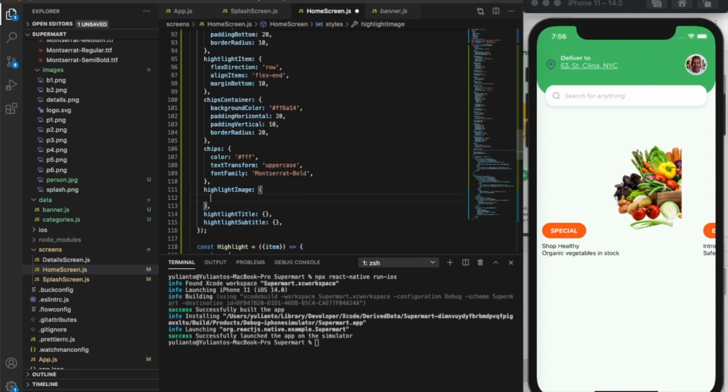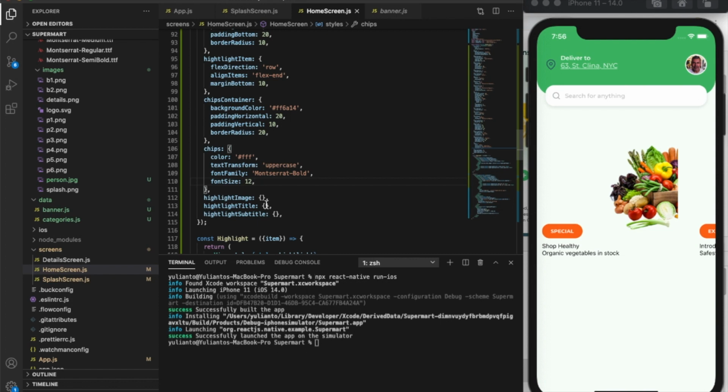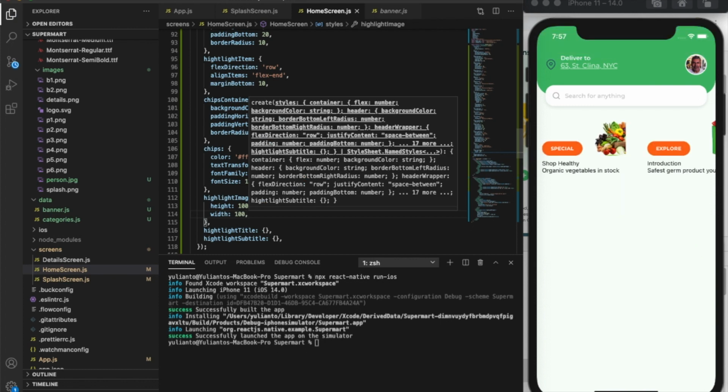and highlight image will be, oh, resize the font 12. Okay, it has height 100 and width 100. Okay,